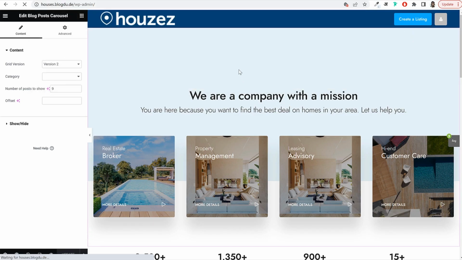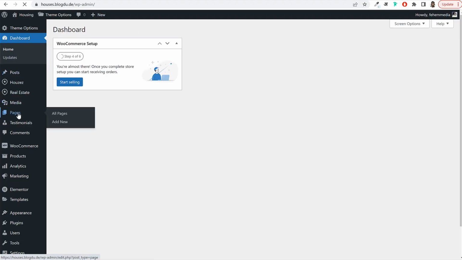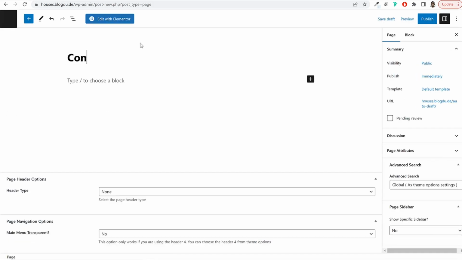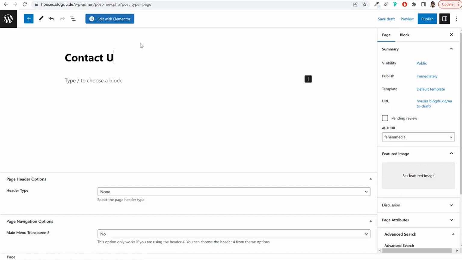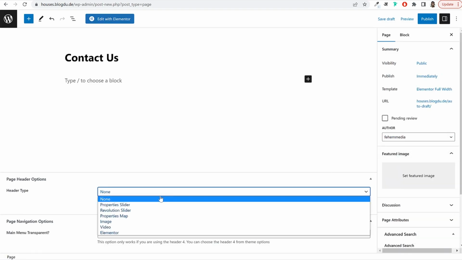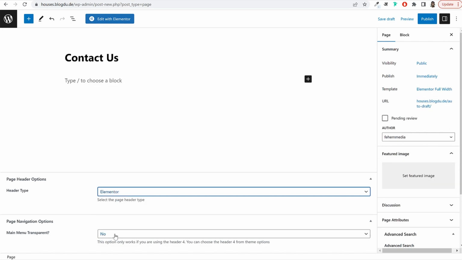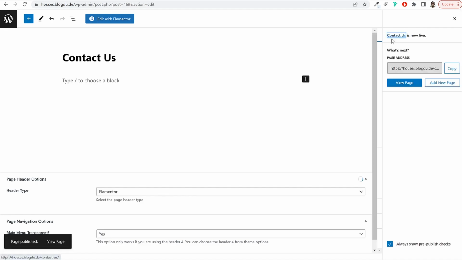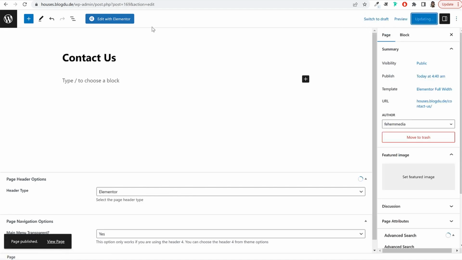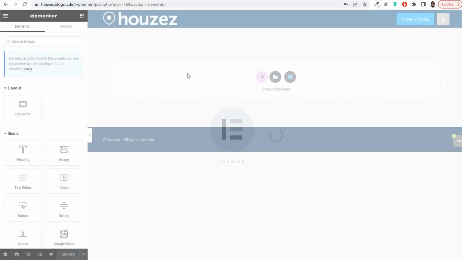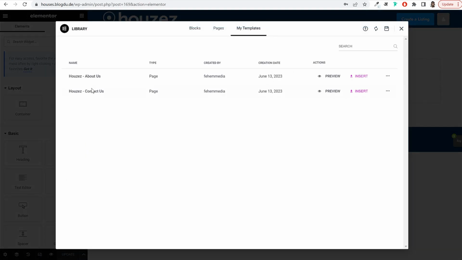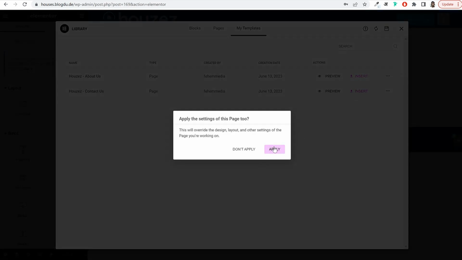Now let's create a contact page. Click on pages. Now click on add new. Let's give it a title of contact us, or just contact. Same thing, template will be Elementor full width, header type will be Elementor, and main menu transparent will be yes. Now publish this page, and once it is published, you can click on edit with Elementor. Now again click on import template or add template. Go to my templates. We already have the contact page template, so insert it. Click on apply,